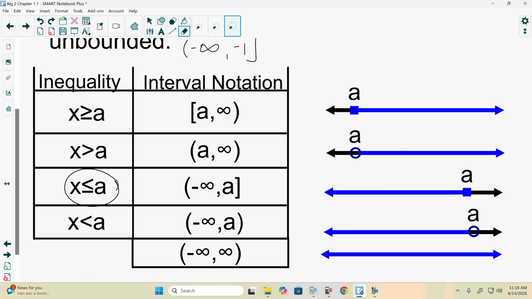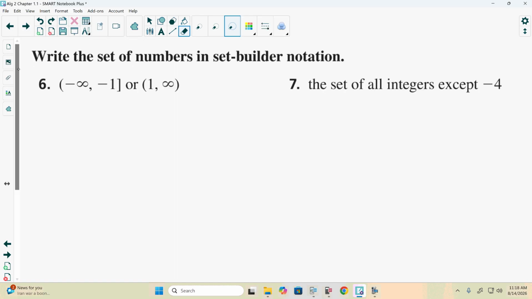A is corresponding to -1, which is telling us X is less than or equal to -1. Because -infinity comma -1 is saying all the numbers that are less than or equal to -1. X is less than or equal to -1. Or